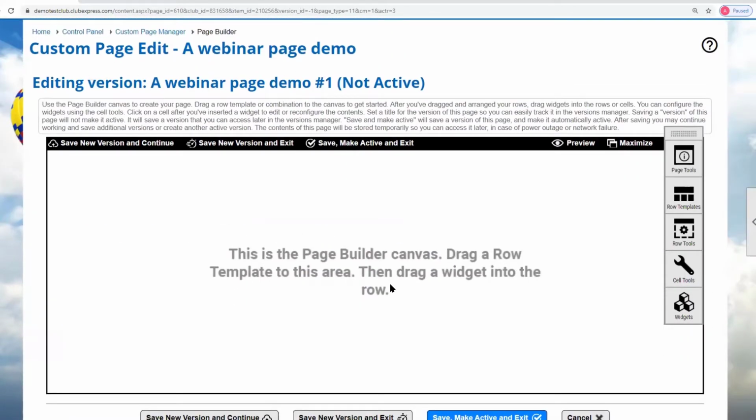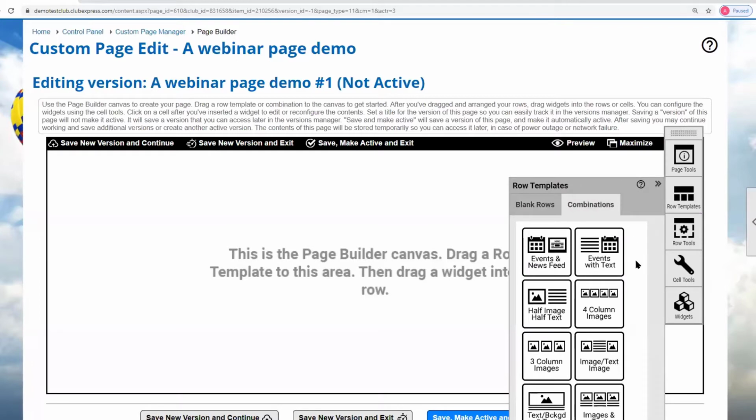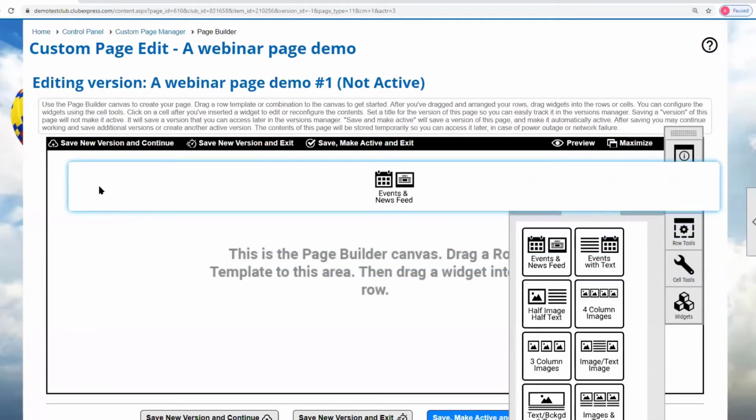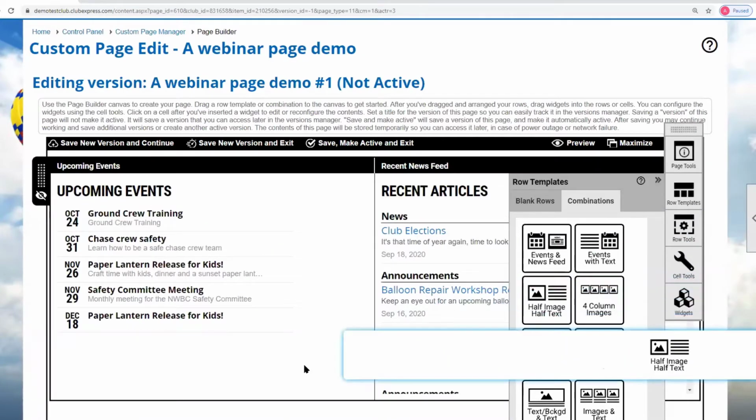I'm not going to go into any detail about the page builder. We did a webinar about it 2 weeks ago. There's a tutorial about it. It's a fantastic new tool. But all I'm going to do here is just make a very, very quick new page. I'm clicking on row templates here. I'm going to use combination. I'm going to just drag events and news feed here, and I'm just going to drag